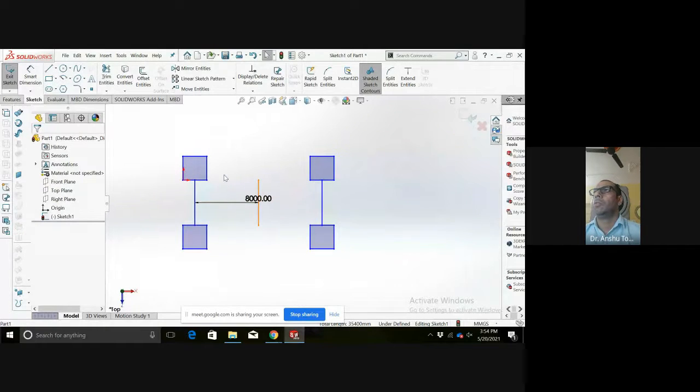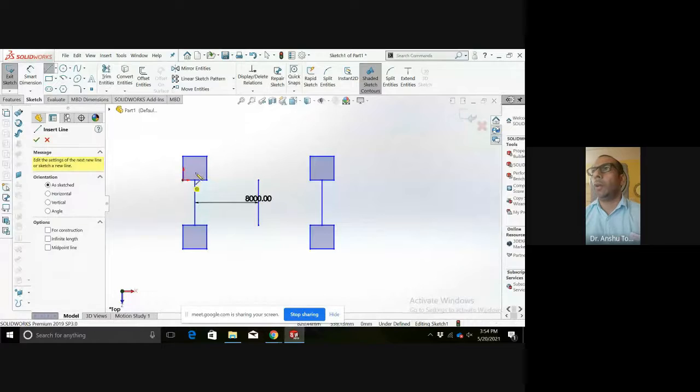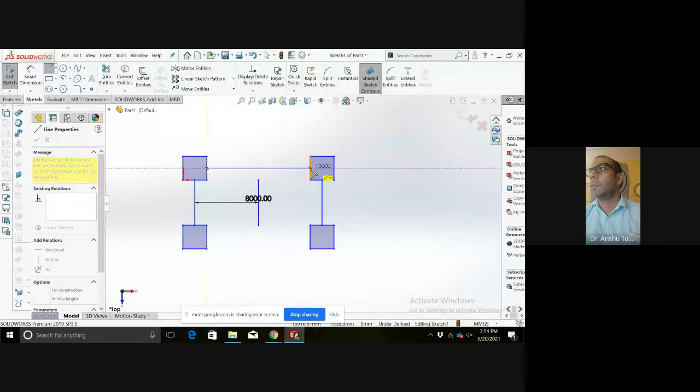So I will again take the center line and try to align the center points.